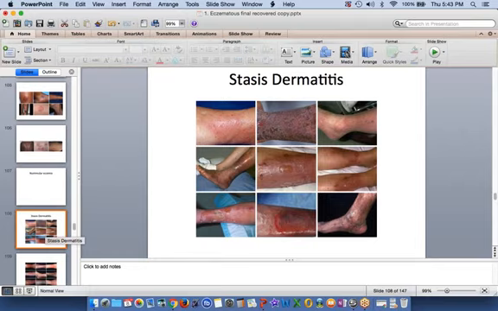Stasis dermatitis. What is stasis? Stasis is the same thing as not moving. When something is stationary, it's static, it doesn't move, and what happens is that the serum from the blood vessels, because the blood is really not moving at a proper